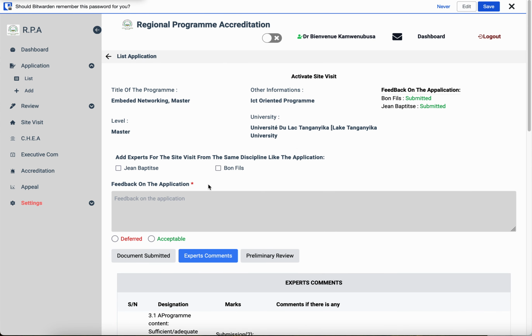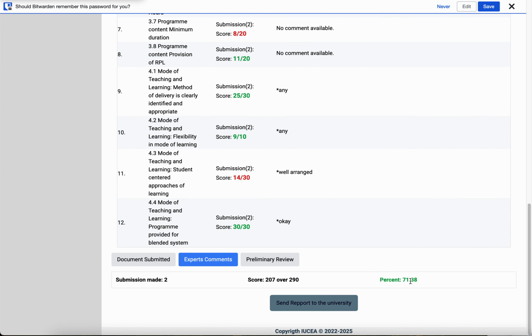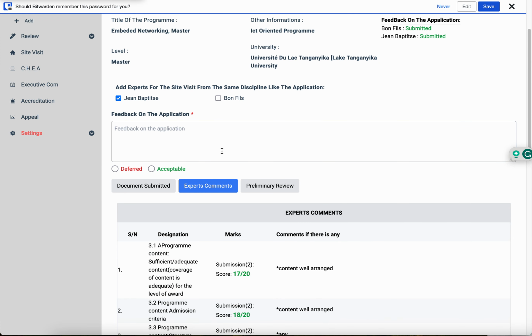Now for that one, you can start the site visit, and you can assume that we can add 2 even. Let me add 2 experts on this site visit. Even 1 is enough. Yeah, let me add 1 for time purposes. For this one, I can say for the site visit this process was okay. You can see here the max is 71. I can come here and say congrats, good, now get ready for the next stage,